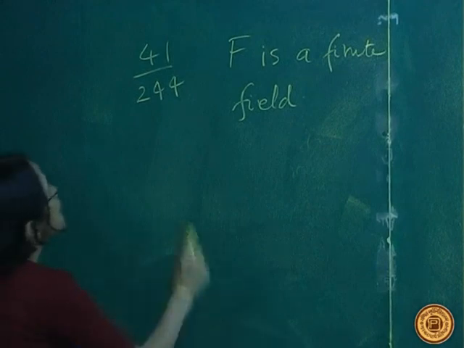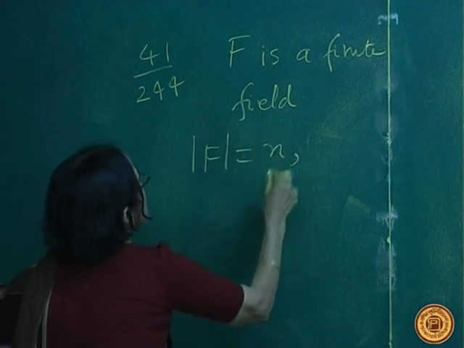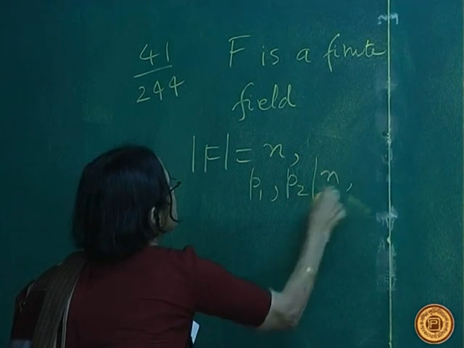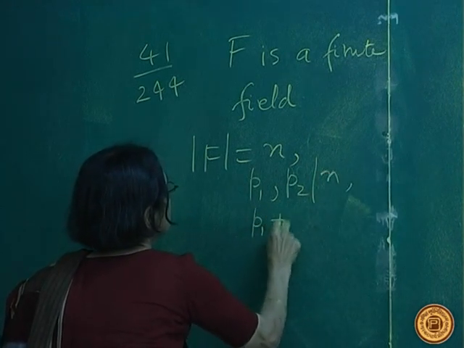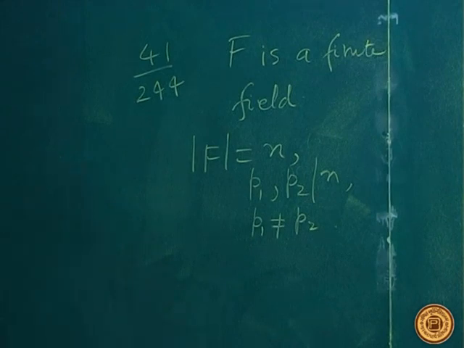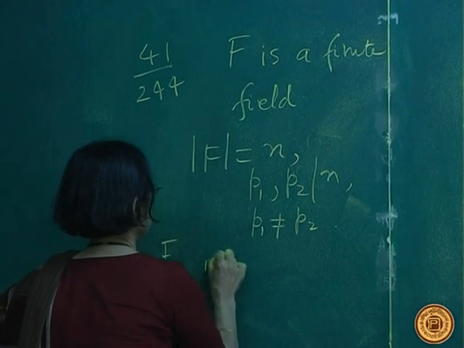If the order of F is equal to n, where p1 and p2 both divide n, two different primes, then you are going to run into trouble. You cannot have it this way. Why? Because F is a finite abelian group